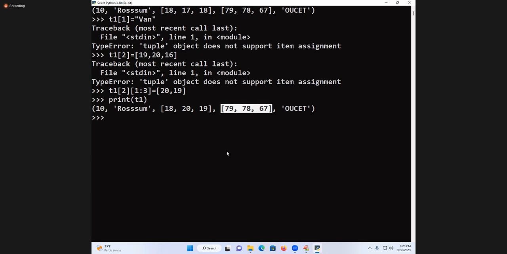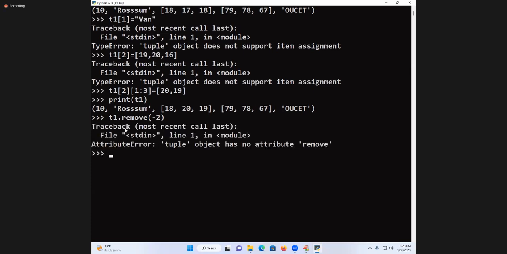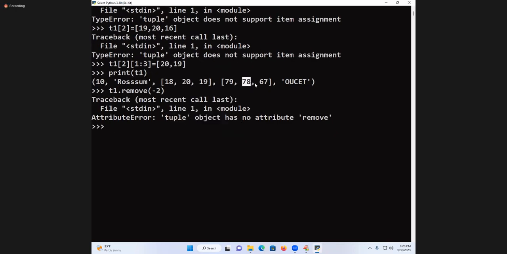Last and final. Can I delete this list? Can I delete this 78 and 67? Okay, good. Now you got the subject. T1 dot remove, with indexes 0, -1 and -2. First of all, is the remove function possible or not there? In tuple, there was no concept of remove. Can I remove 78 and 67? How do you remove? del of T1 of 2,